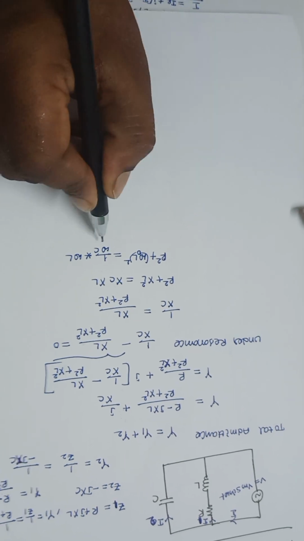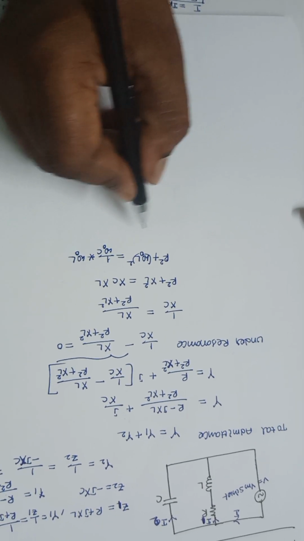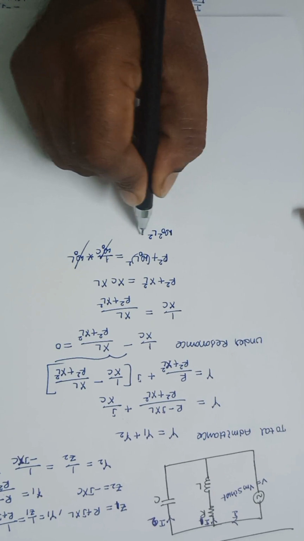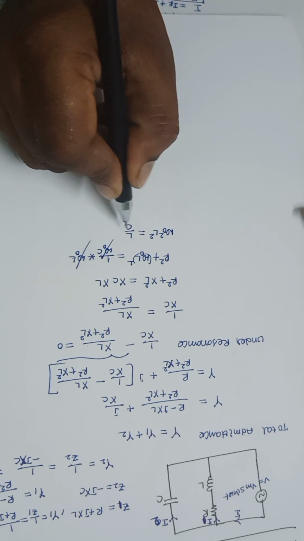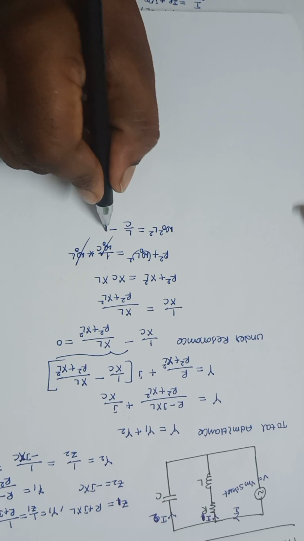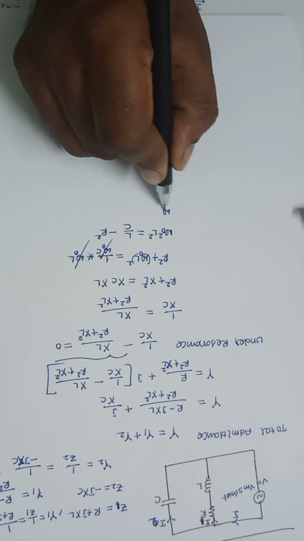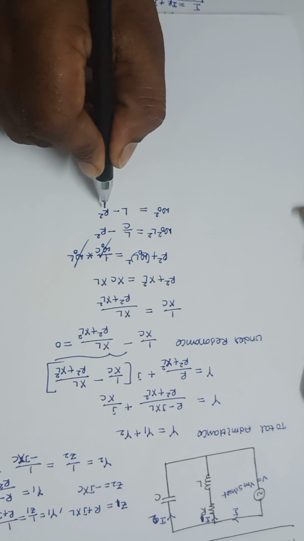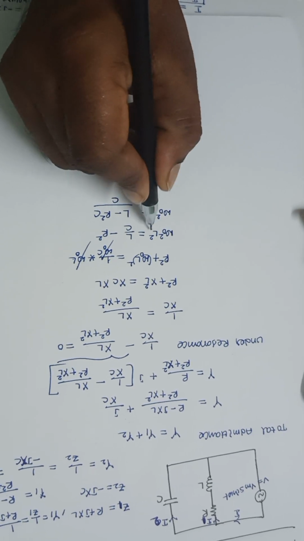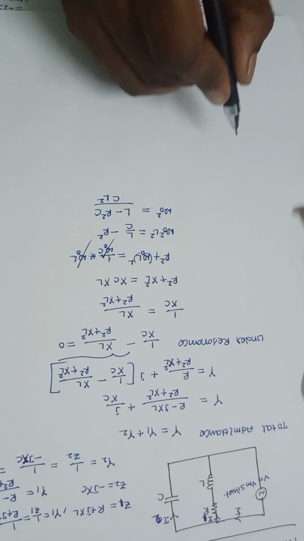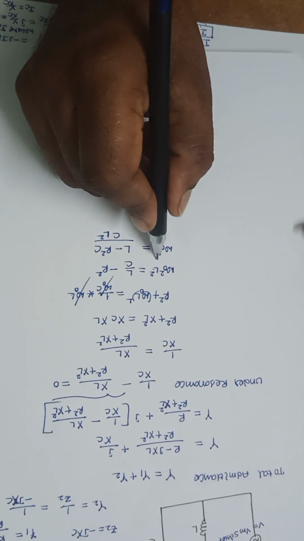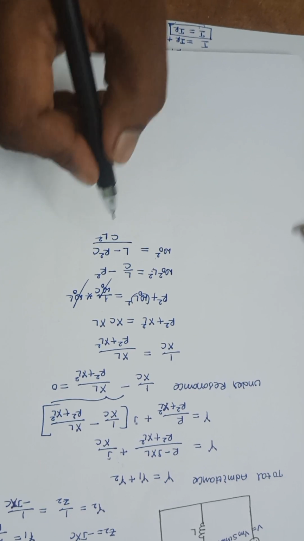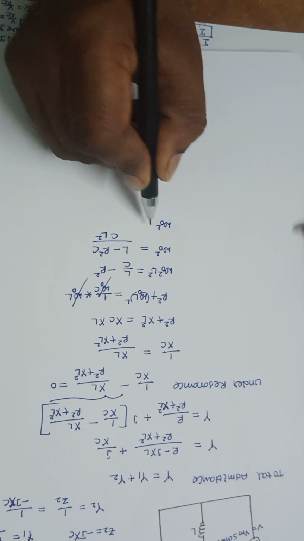Since it is under resonance frequency, it is omega naught. So this omega naught and this omega naught will get cancelled here. So omega naught square L square is equal to L by C. If I bring this resistance to the right side of the equation, it is R square. So omega naught square is equal to L minus R square C divided by C into, if I bring this term to the right side, L square. So omega naught square L square is equal to L minus R square C by C. If I bring this term to the denominator, it is L square. Now omega naught square is equal to